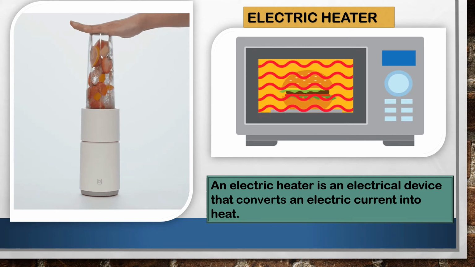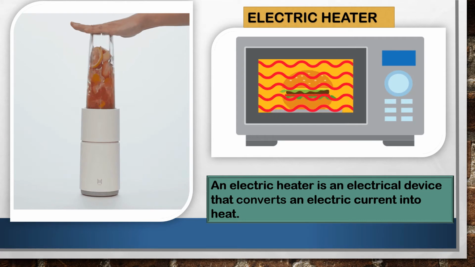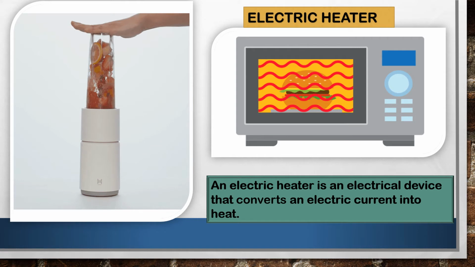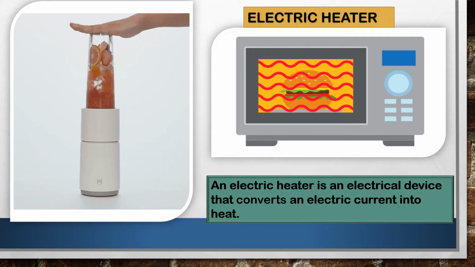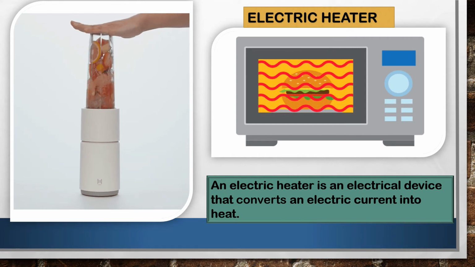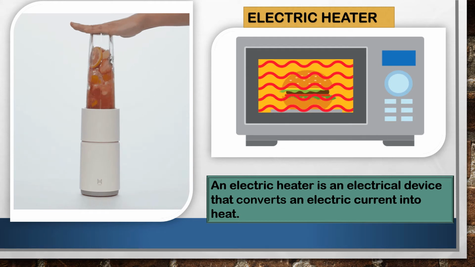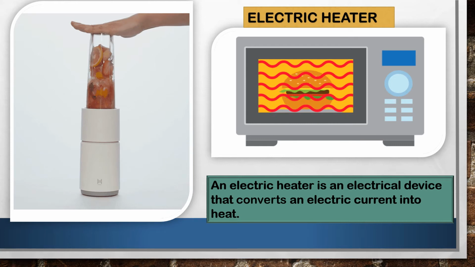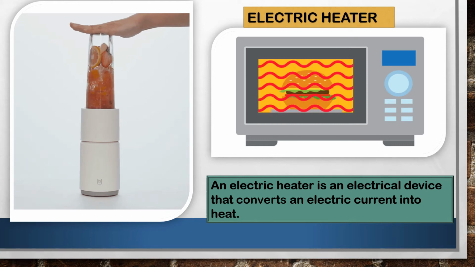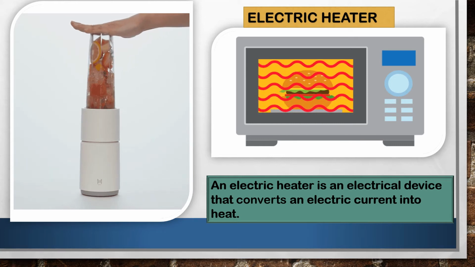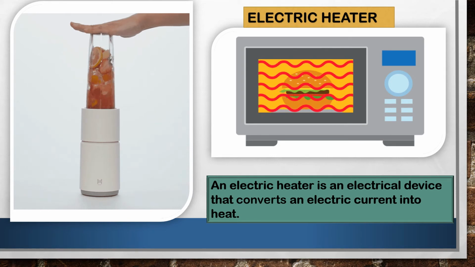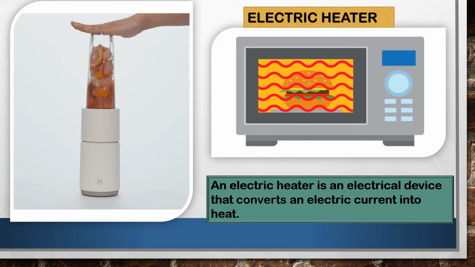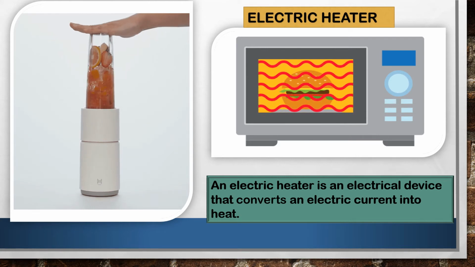Now, what is this nichrome wire? Nichrome is an alloy of iron, nickel and chromium. That means it is an alloy of Fe, Ni and Cr. It is used as a heating element in a heater because its resistance is very high and so a large amount of heat is produced. It is not oxidized easily in air, and its melting point being very high, the wire doesn't melt away at the high temperature of the heater.